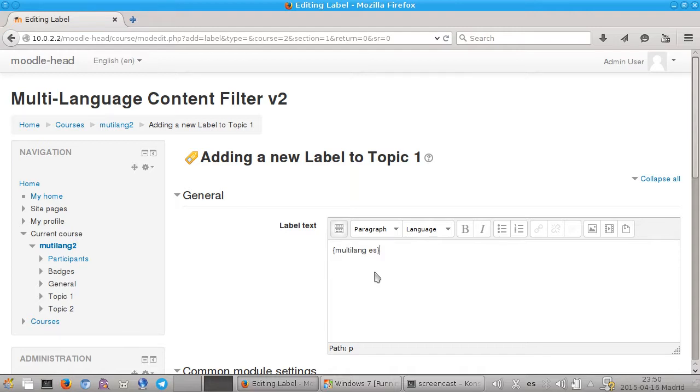For example, if we want to add some content that is only visible when we're browsing the content in Spanish, we just need to specify between curly braces the multi-lang special tag plus the language that applies to this particular text. So this text is going to be only available in Spanish. Okay, and then we need to put the closing tag. As you can see, this is very similar to the amlang filter that is already available in the Moodle plugins database. Okay, so if I want to add a second one, for example in French,